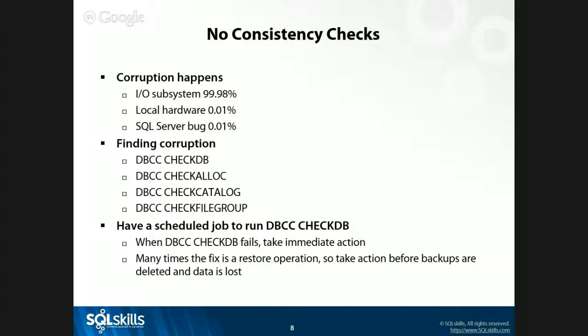So the good news, most of the corruption that does occur, we see it in non-clustered indexes, because if you look at your database and you see, all right, it's a terabyte, we have 250 gig of data and we have 750 gig of indexes, because everybody loves just creating tons and tons and tons of indexes. The likelihood, 75% chance that your corruption is going to happen in a non-clustered index. How do you fix that? Rebuild the index. Easy enough.